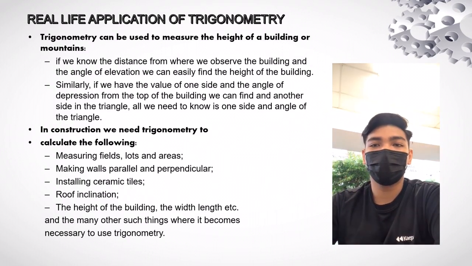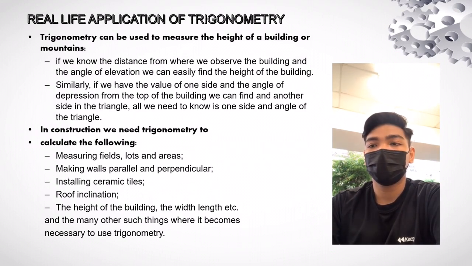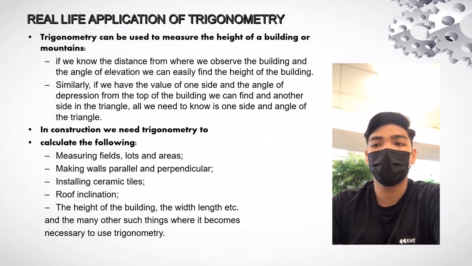Another use is in oceanography, in calculating the height of tide in the ocean. The sine and cosine functions are fundamental to the theory of periodic functions, those that describe sound and light waves. Calculus is made of trigonometry and algebra. Trigonometry can be used